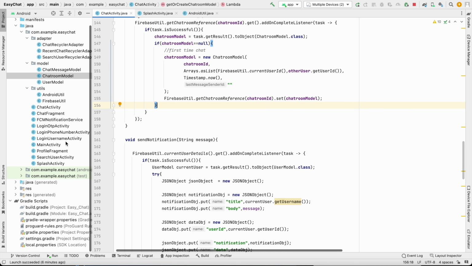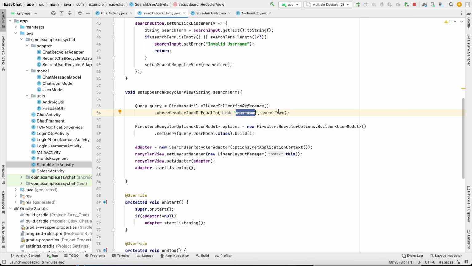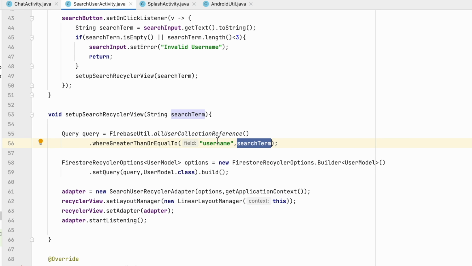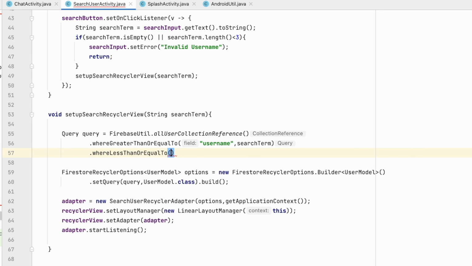So let's go to our search user activity, and if you see over here we have this query. So in our user collection reference, it is asking the username where the search term is greater than or equal to. So this query is incomplete, that's why we are having a bug. We have to add another condition. So dot where less than or equal to,